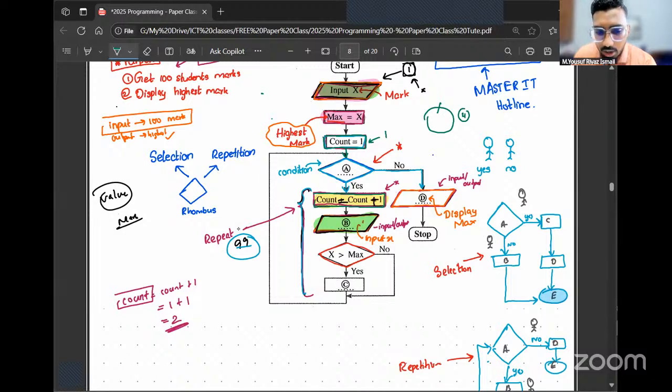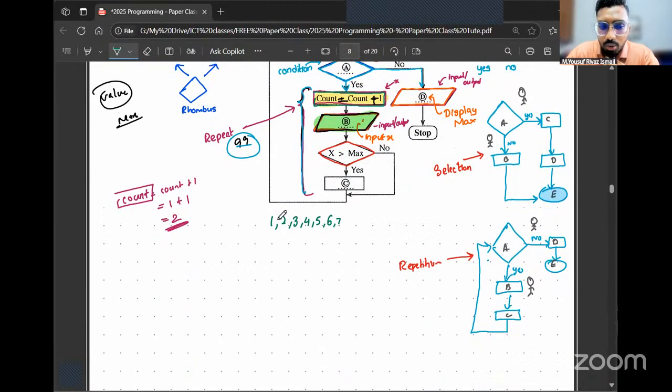So initially count was 1, when it passes through the repetition structure it adds 1 more and becomes 2. The next time it goes around the repetition structure, it adds 1 more and becomes 3. Yes, count is a variable. The next time the repetition structure executes, count equals count plus 1, it will become 4. So likewise, the values of count are going to increase: 1, 2, 3, 4, 5, 6, 7.